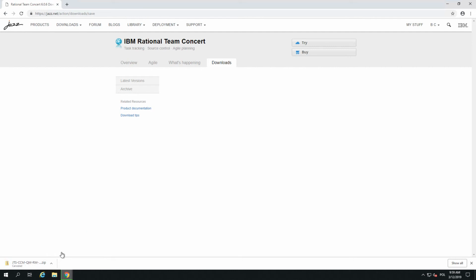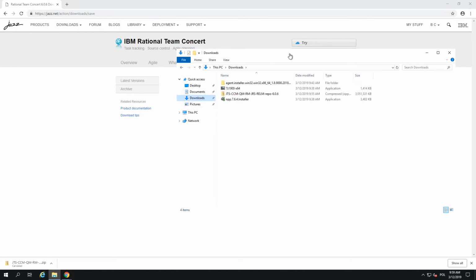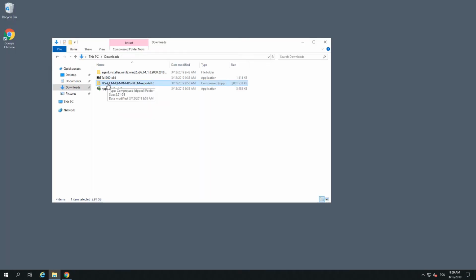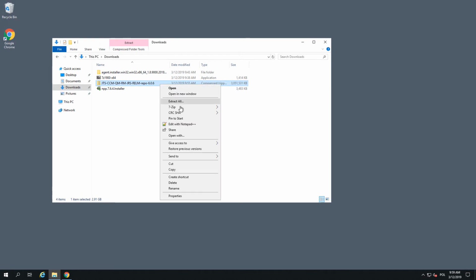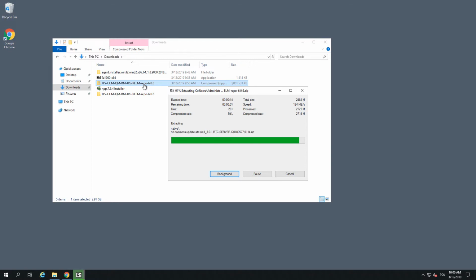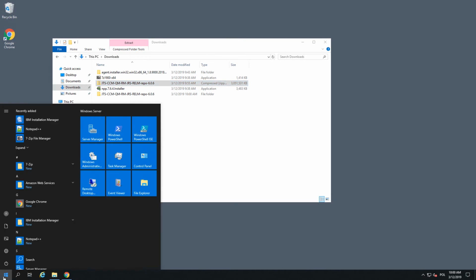So I will just click cancel because we have this file already downloaded on our hard drive. So after you finish, you will have this file on your hard drive. You should unpack this file using 7-zip, which we of course installed in one of our previous videos. You shouldn't use the Windows unpacking tool, so I strongly recommend using 7-zip if you want to avoid problems later. And after this archive was unpacked, you should open Installation Manager,